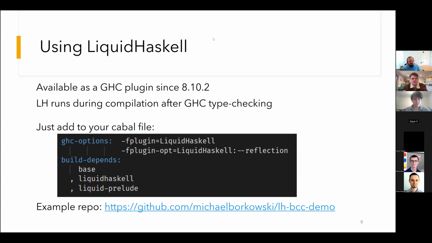So Liquid Haskell, using it has gotten a lot easier in recent years. It's been available with GHC as a plugin since 8.10.2. And so using a tool like Cabal eliminates the need to go and download and build Liquid Haskell yourself. The system will run as a phase during compilation. So you'll have the GHC type checking to ensure that you're able to compile as a Haskell program. But before that compilation actually happens, Liquid Haskell will run and check any of the